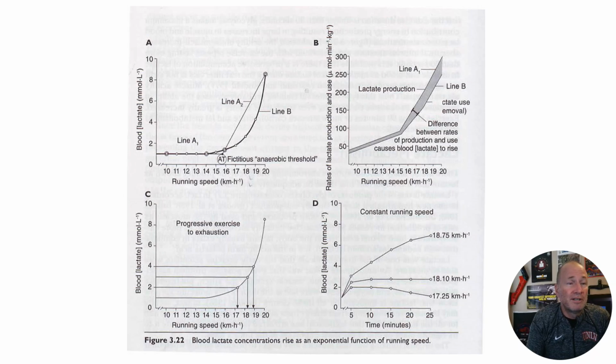And so what happens is during that graded test, the speed gets faster and faster and faster, and we're measuring blood lactate at different points. And then at some point, the speed is reached where that blood lactate starts to increase. And it really skyrockets towards the end of the test, and then the person stops running. And so one thing that people have identified is that there's this baseline level of lactate that's in the system, and then it starts to increase, and where this point increase is identified as the lactate threshold, aka anaerobic threshold,